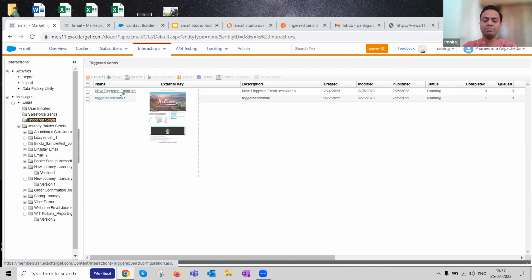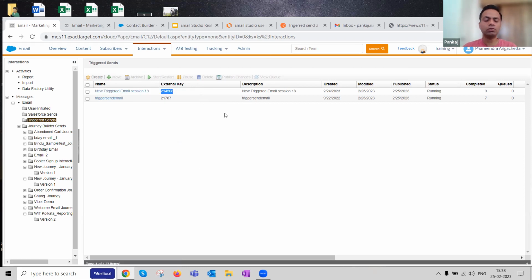If I generalize them, this is technically how you would resolve this particular problem statement or use case. Again, disclaimer, by no means is this the only solution. There could be multiple solutions, but in the context of this conversation in Email Studio, this is one of the ways you can do that. Okay, now I'll take a small pause and see if there are any questions. If not, we'll move on to use case number 2.